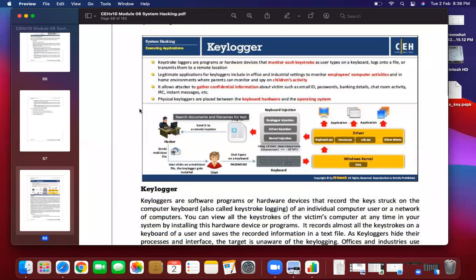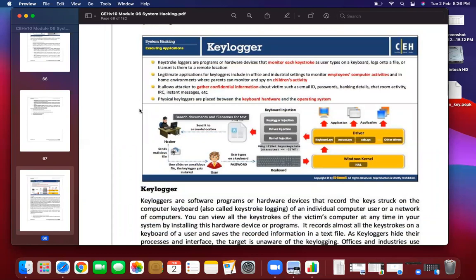If the virus or malware is not crypted, then it will be detected by the antivirus very easily. What is a malware? Malware is everything: the virus, the worm, the spyware, adware, ransomware, everything comes under malware. A malware is a program which executes for a specific reason or specific work based on the instructions given.